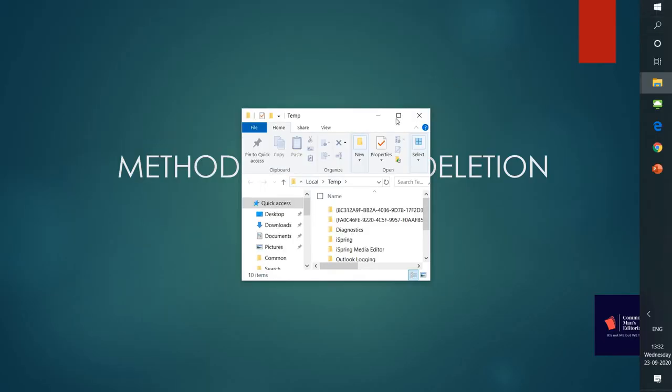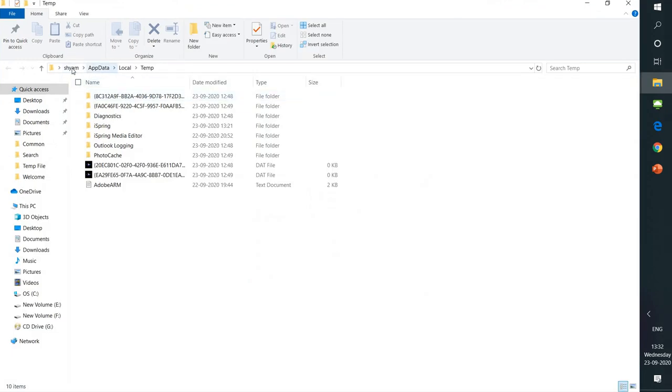So once I open this, this is the path: user, AppData, Local, Temp. This is the place where all my local temporary files are getting accumulated in my system. So what I can do is just press Ctrl+A and Delete or Shift+Delete. What is the difference between a delete and a shift delete? When I just click on delete, all these files will be moved to my recycle bin. If I press Shift plus Delete, it is going to get permanently deleted. That is, the files are not going to move to the recycle bin. Instead, they will be permanently deleted forever. It will not be stored in your recycle bin.